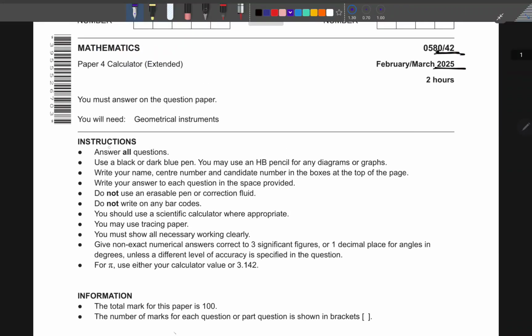Now, what should you know on these instructions? This is the calculator exam. This is paper 4, the calculator exam from February, March 2025. Do not forget it. Let's go through it. So what I want you to do is, whenever I'm about to do a question, you can pause, try it on your own, then confirm with me, okay? If there's something you got to understand from the concept, you can go and watch the concept videos, okay? These are going to make you ready. Are you ready? Let's get to work.